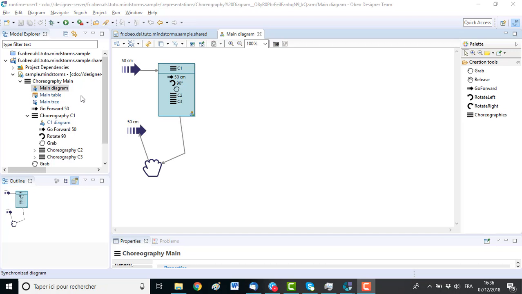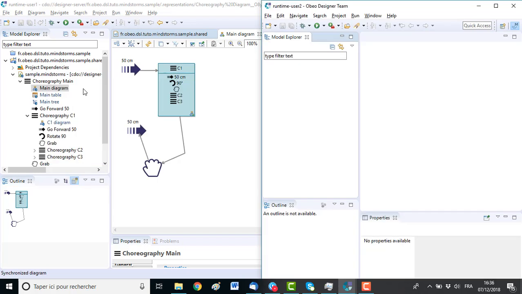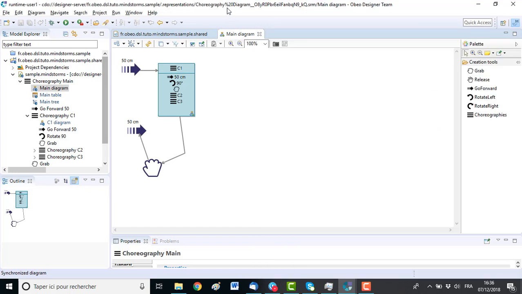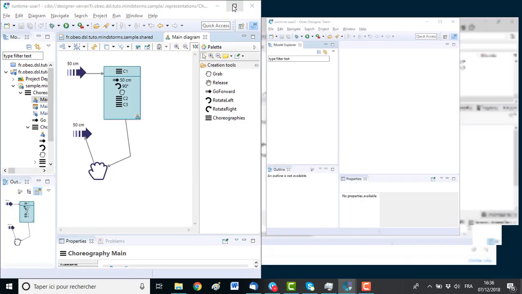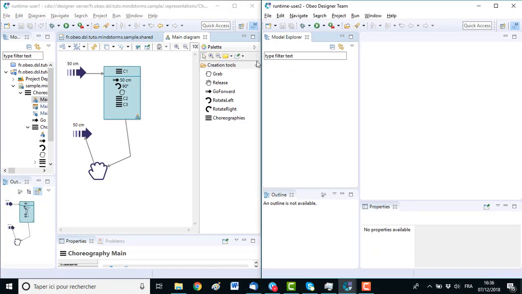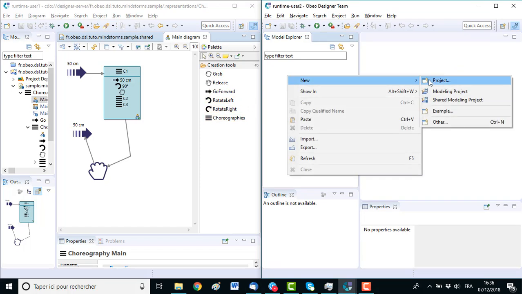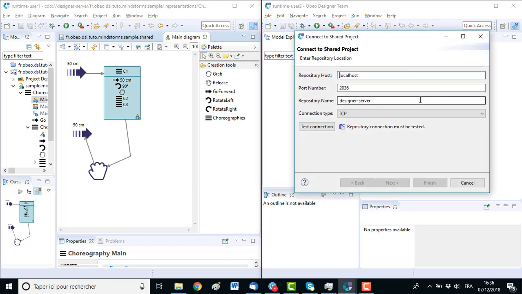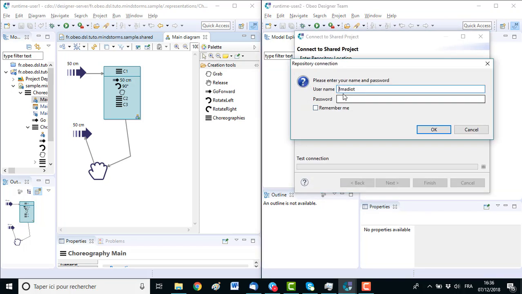So now I would like to allow a second user, for example user 2, to work on the same model simultaneously. So I have the user 2 environment on the right. Let's put the environment of user 1 on the left. So now user 2 can create a shared modeling project. So he has to connect also to the repository.